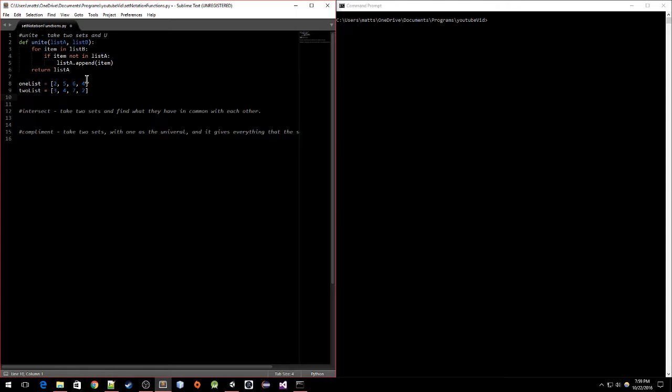And you want to make sure when you're testing this that you do have some duplicates in there. My duplicates here are 2 and 4, because you want to make sure that in the final result it does not add those in twice. It does not print 2 and 4 twice. So now, so we can actually see a result, we print unite, and our parameters were one list, two list. So let's go ahead and save this,